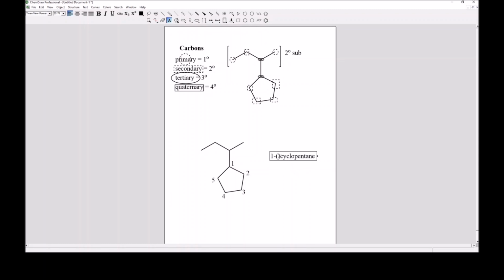That something interesting is a branched substituent, so I need to count the number of carbons directly extending out from my parent chain. 1, 2, 3. So this is a propyl group. And then coming off of the propyl group, I have a methyl group. So the correct name for this compound, the most tedious possible correct name, would be 1-(1-methylpropyl)cyclopentane. Where this first one right here, out on the end, is telling me that off of the 1 position